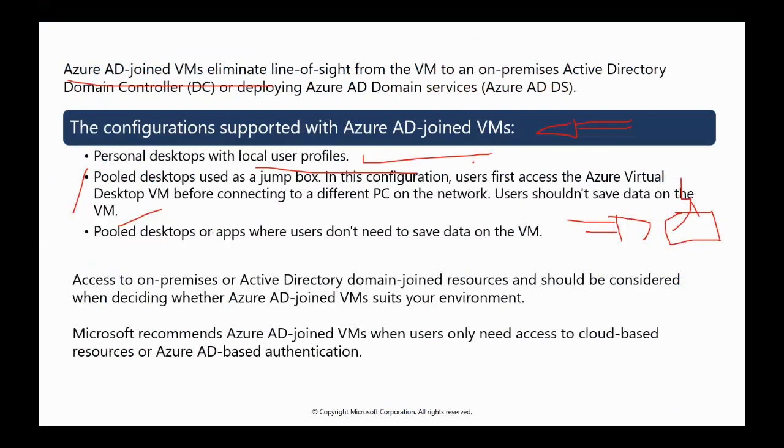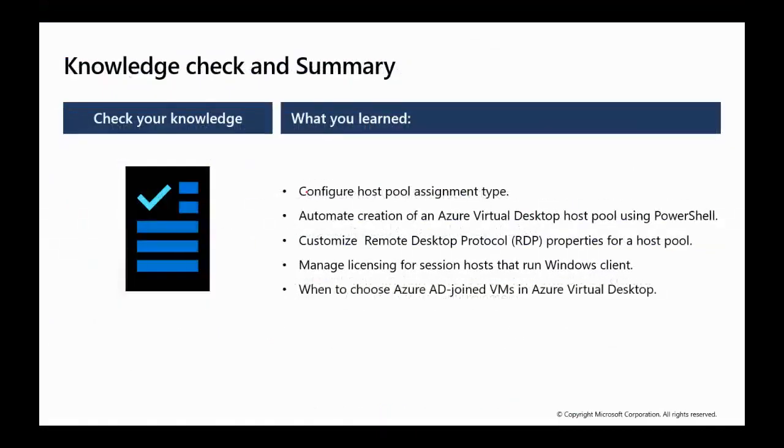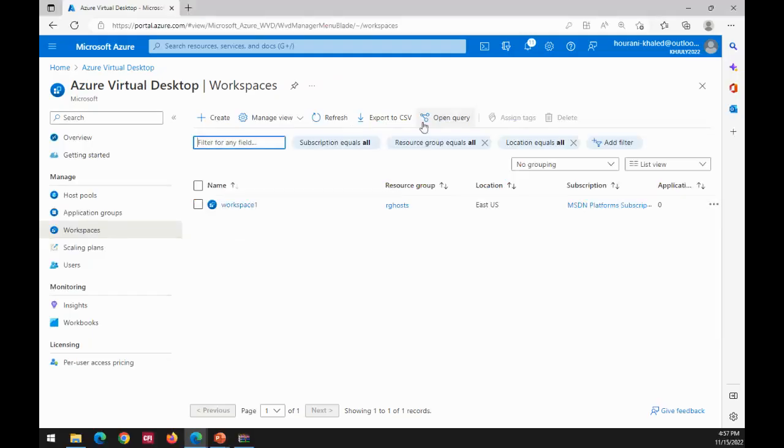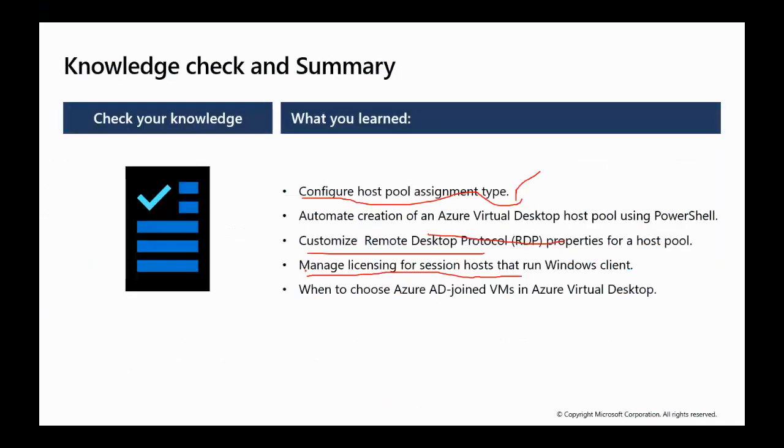sessions. Then this is the last slide of the model. We'll get just a quick reminder of what we've seen: how to configure pool assignment types, automatic creation of an Azure desktop host pool, how to customize the remote desktop protocol properties, and how to manage the licensing. I will get back to show you something related to assignments. Let's keep it for the last, after the last model, I show it to you with better examples, and when